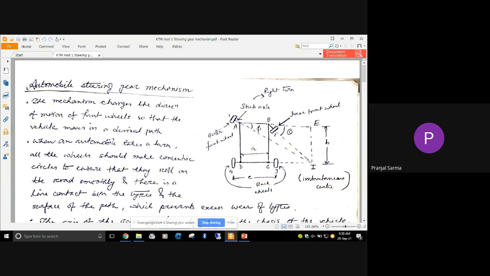So in the last class, we discussed straight line motion mechanisms and engine indicators also. Today we'll be discussing the automobile steering gear mechanism. All of you already know the purpose of having a steering in any kind of automobile. So for what purpose do we use this steering gear mechanism? It changes the direction of motion of generally the front wheel so that the vehicle moves